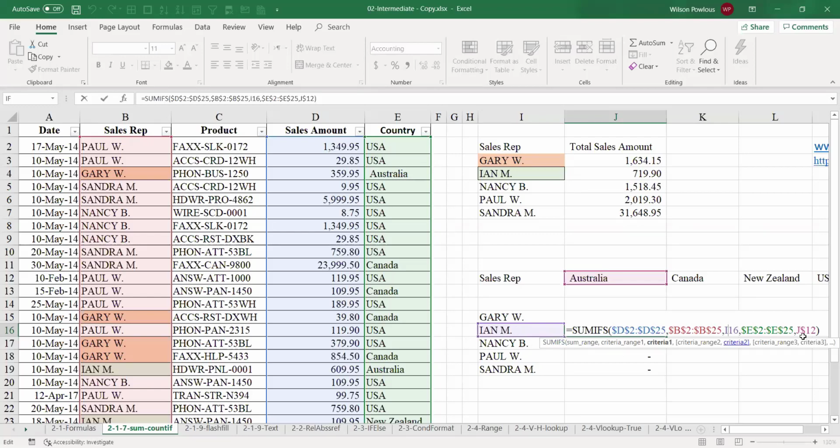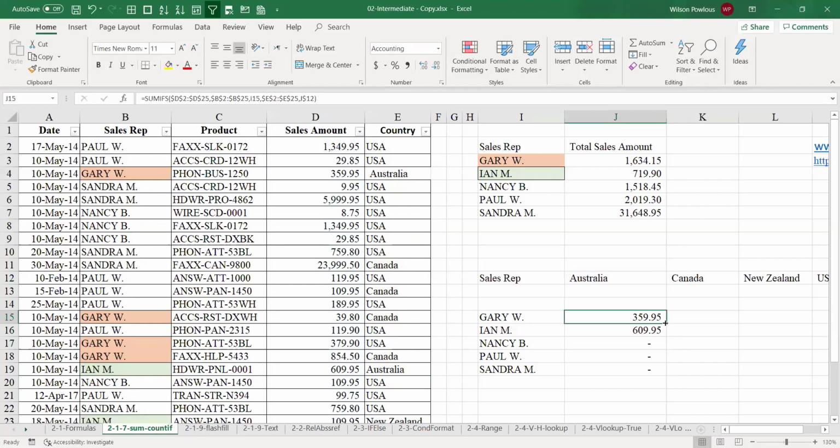Criteria 1 is this one. And the criteria range 2 is, we are looking at country. Country is in E column. This is E2 to E25. And this is criteria 2. Criteria 2 is your country. Country is Australia.